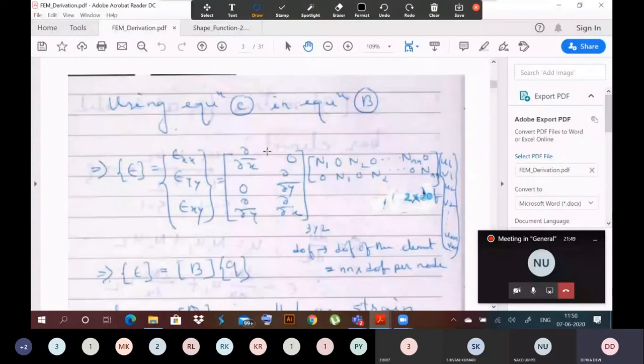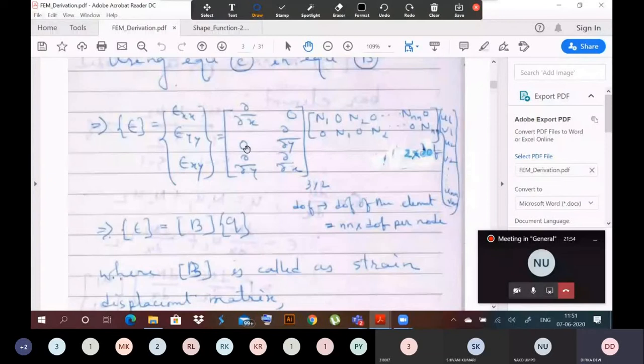This will be the derivative of the shape function, and multiplication of this matrix will give you one matrix which will be called the B matrix. It is called the strain displacement matrix because this matrix relates the strain at a point to the nodal displacement vector. It's very, very important. So strain at a point can be related to the nodal displacement vector using this strain displacement matrix, which after multiplication will be a matrix containing derivatives